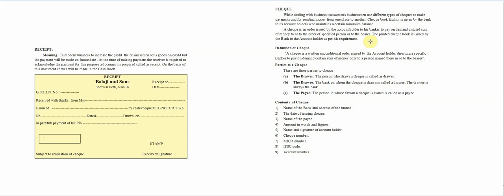Receipt. The document which indicates the amount of cash received by the person issuing the document is called a receipt. It is a written acknowledgement that one has received cash. It is issued by the receiver of the cash to acknowledge the payment received. When a creditor receives money from the debtors, he issues a receipt acknowledging the payment of debt. It is signed by the receiver.